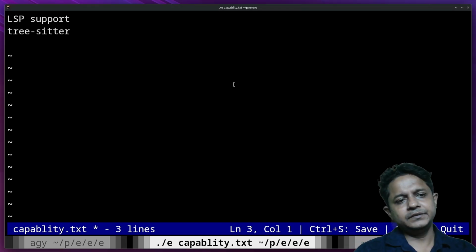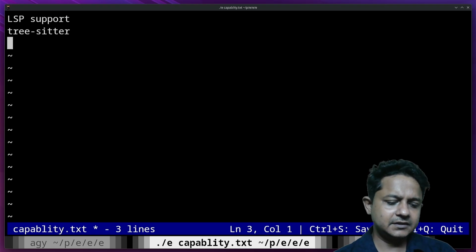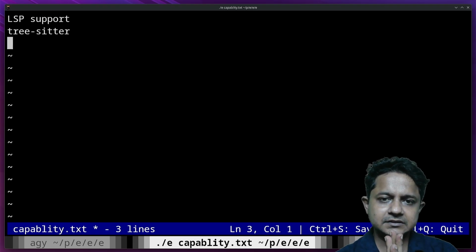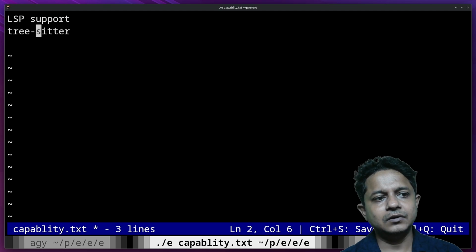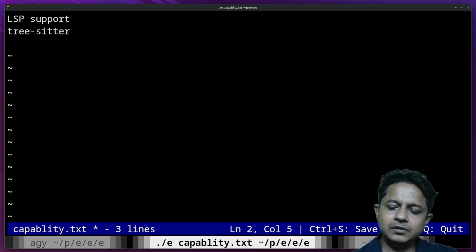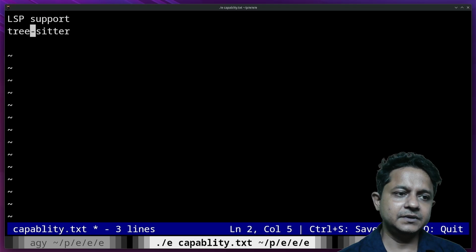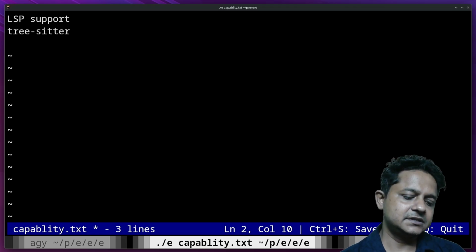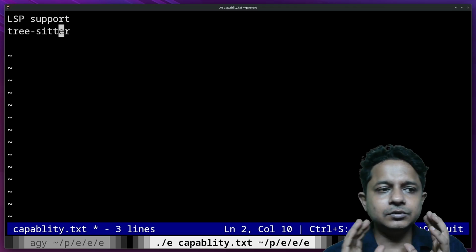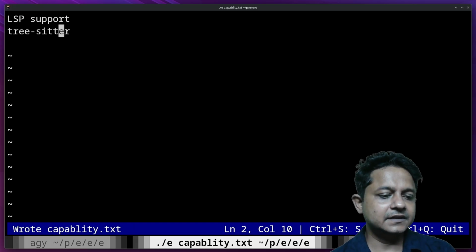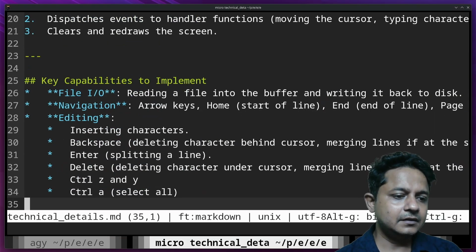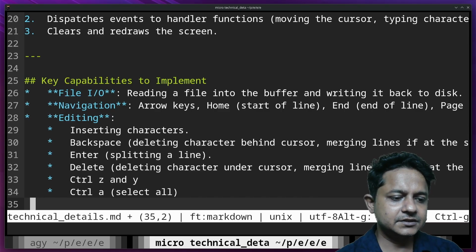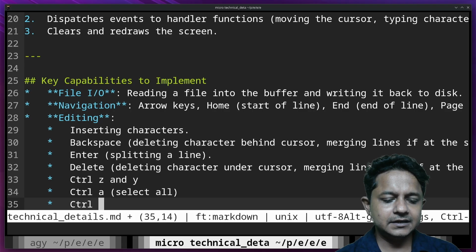What else? Before I include much heavier things, let's do some basic things first. Like if I want to go to the end of the line or end of the word, control and right arrow key should be the thing. That is not working. So I must mention and solve all those basic things first. Let's save it and quit. Micro technicaldetails.md. Before I do big things, let's clear those small things first, like control plus right arrow, one word